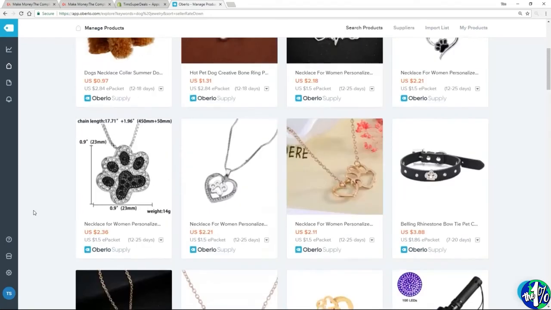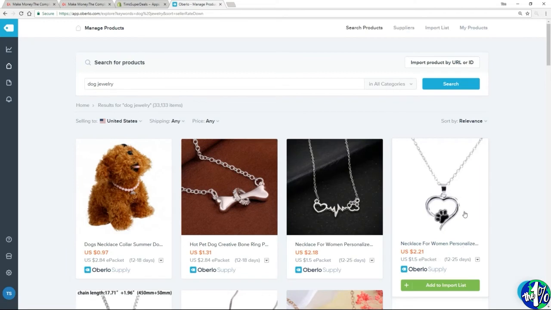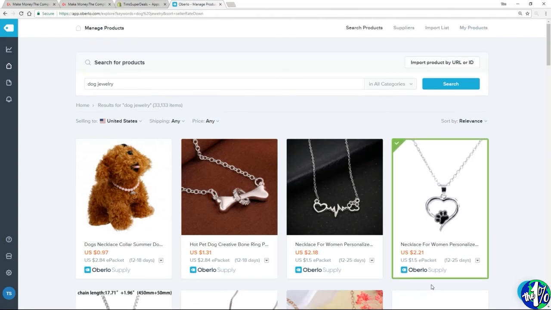But now if I want to import, this is very, very straightforward. Let's just say I was interested in this necklace. All I would do is click on Add to Import List. So I'll do that right now. So what it's done is it's taken that product from Ali and it's put it into my import list. My import list, if you like, is that holding area that I was talking about. It hasn't quite gone onto our site. And I can make that even clearer by showing you what the import list looks like. So again, back over to this menu here and you'll see we've got import list. So if I click on this,